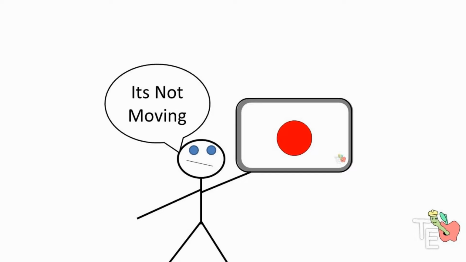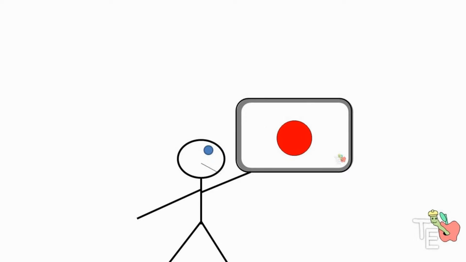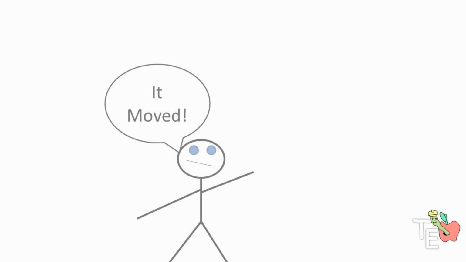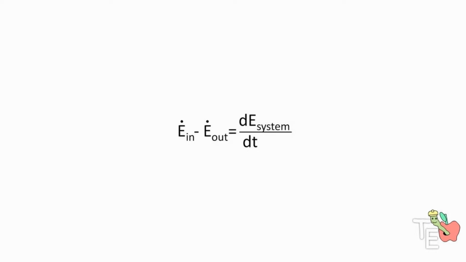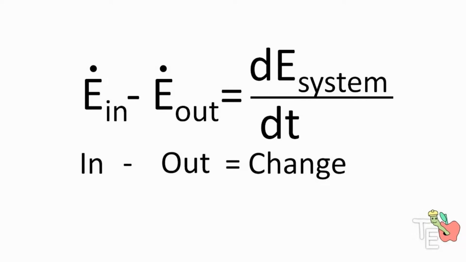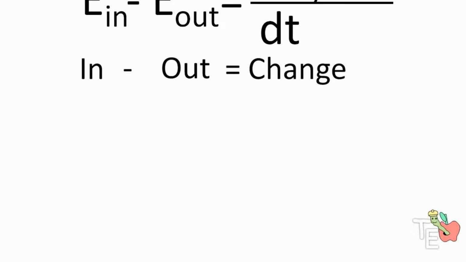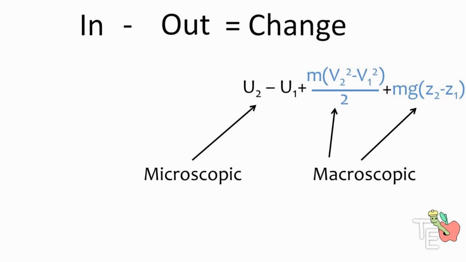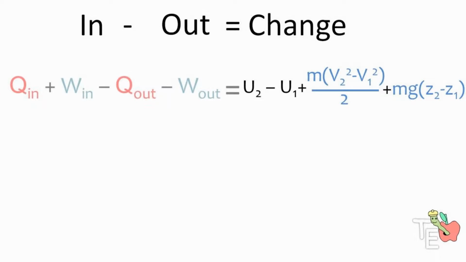Welcome back. So far we have used novice-level graphics and some really bad humor to try to help you understand some of the aspects of the first law of thermodynamics. If you remember nothing else to this point, hopefully you remember in minus out equals change. Most recently we talked about the three types of energy that can change: internal, kinetic, and potential. We also had a discussion about microscopic versus macroscopic energies, and we finished with a look at the first law